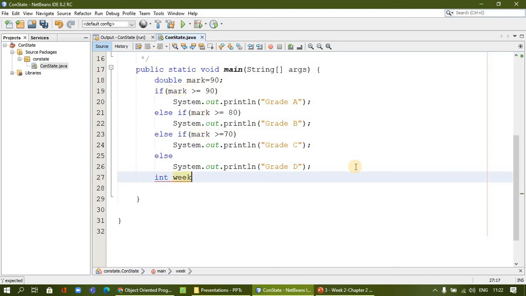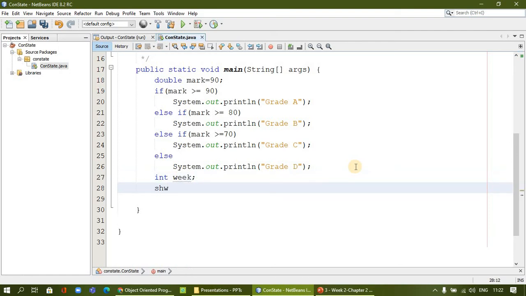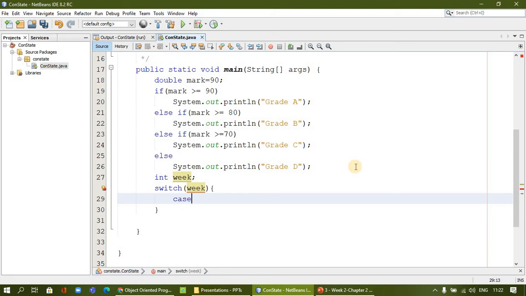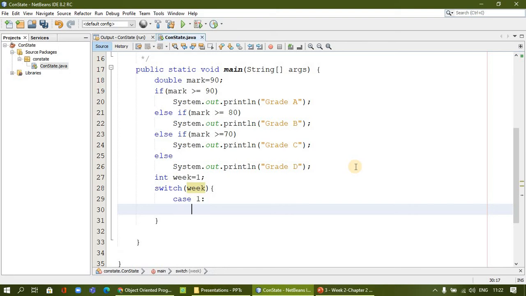I will introduce a switch statement on week, and then I can introduce a case. Okay, week should be initialized from 1. So case 1 means I say this is Sunday.